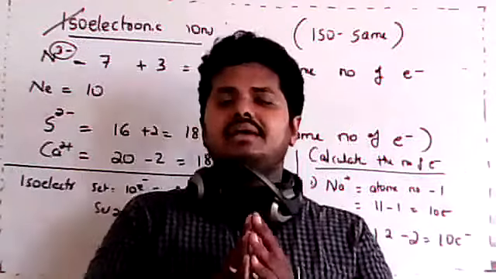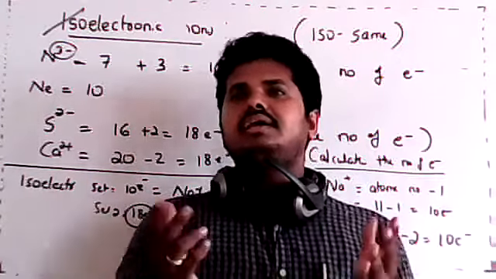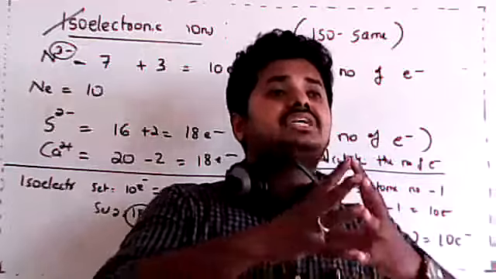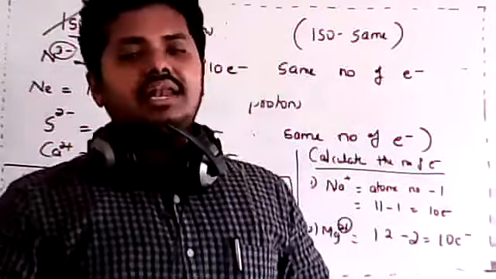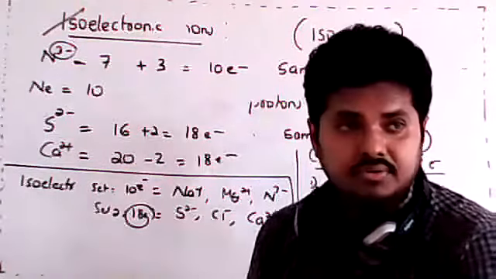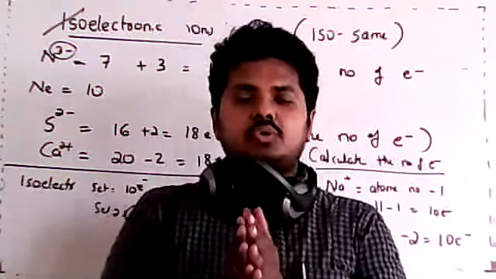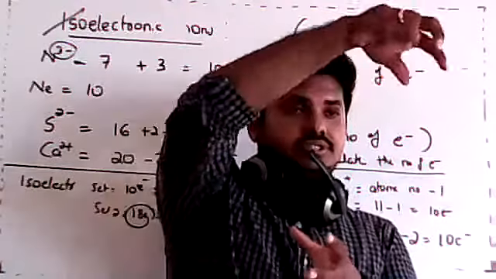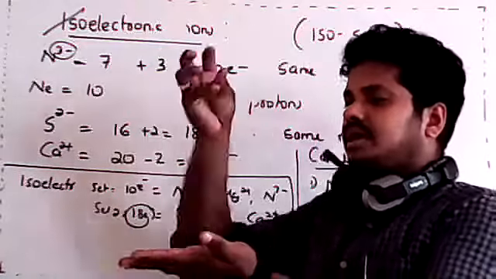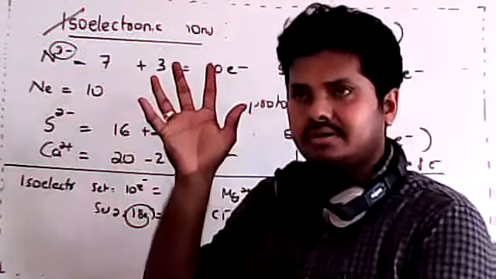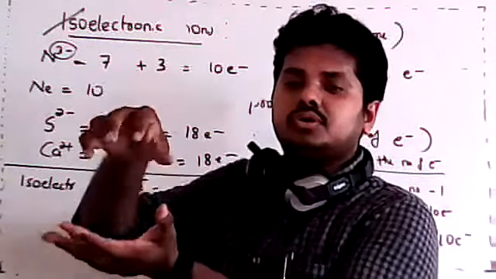When you are comparing, higher the anionic charge, higher will be the size. In isoelectronic species it is very easy. Higher the charge, higher will be the size. Got it? Anions are formed by adding. So if you add, like take nitrogen, add 3, it becomes a larger one. Take oxygen, add 2, O2 minus means adding of 2, so it is smaller one.